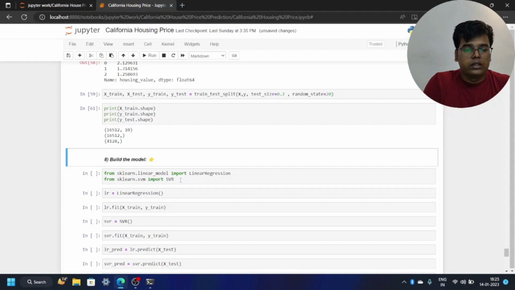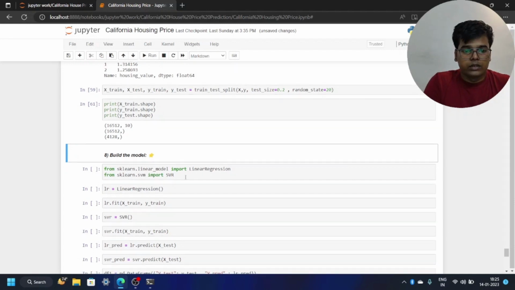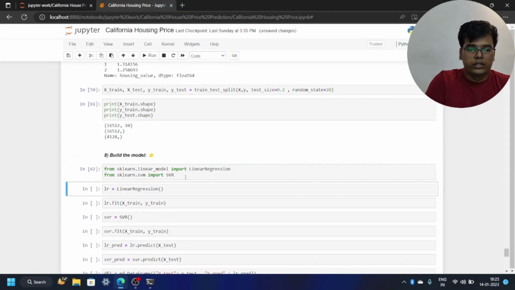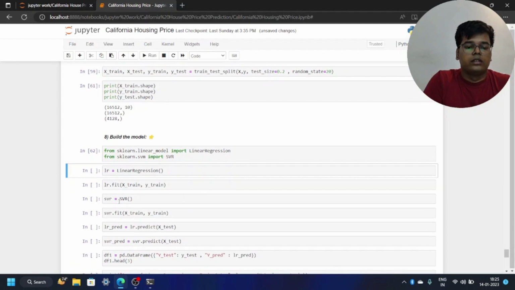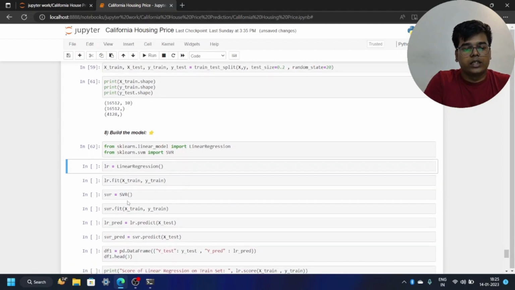These are machine learning models which we can import from the sklearn modules: sklearn.linear_model import LinearRegression, and sklearn.svm import SVR. I will run this cell and it will import these models. I will define linear regression as LR, and support vector regression as SVR. So I will run this cell,